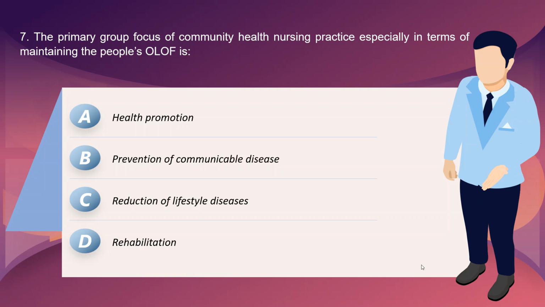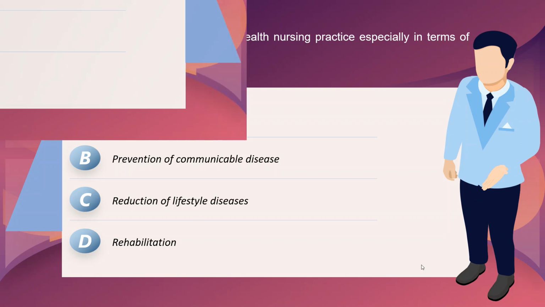The best answer for number seven is letter A, because prevention of communicable disease and reduction of lifestyle diseases are two options that share the same terms, communicable disease and lifestyle diseases. That's part of secondary prevention, and rehabilitation is part of tertiary prevention. So what is asked here is part of primary prevention, and that focuses on health promotion activities that include health education classes. Number seven, alpha. Number eight,